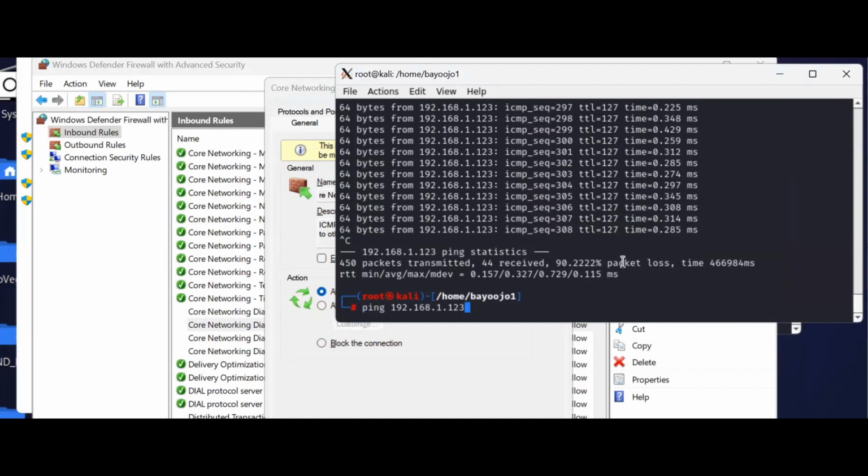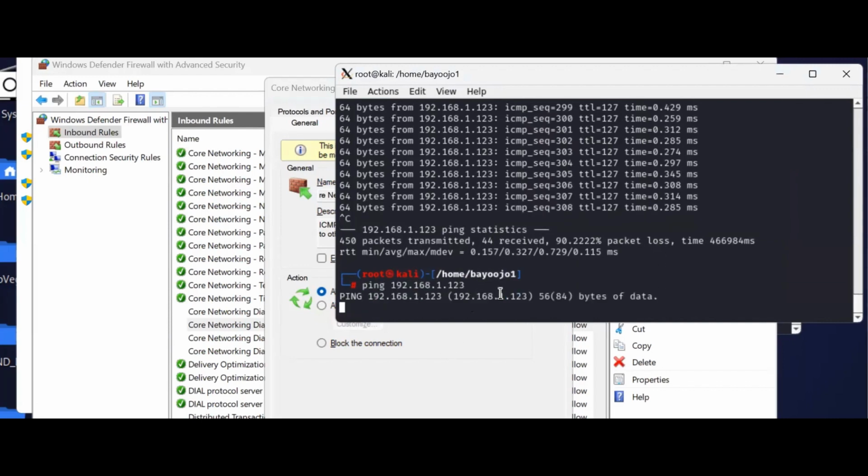Okay, still running, right? That's with pinging Windows from Kali. Still running? No, it's not. Okay, because we already enabled the Windows firewall, so it's blocking the request. Now, if we go here,